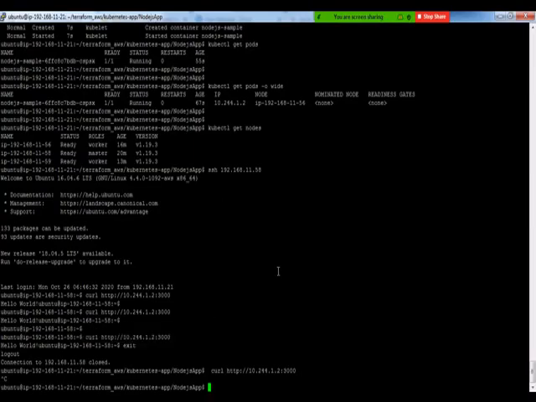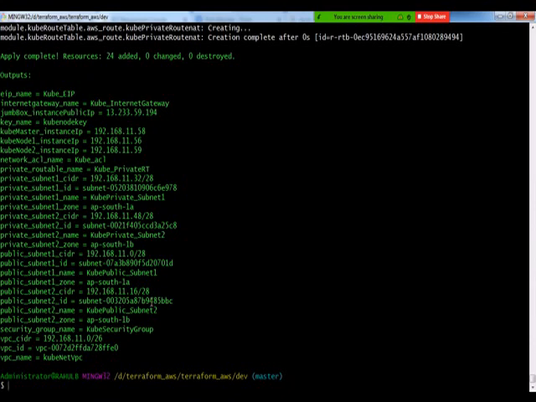Now, this is something we have done with Kubernetes. Our infrastructure is still running on AWS, and if you keep your infrastructure running, you're going to pay AWS a good amount of money. With the set of resources that we have created, which is 24 resources as a part of this demonstration, if you keep it running for a period of a month, you will end up paying close to $100 to $150 to AWS as a billing amount. And that is not cost-effective.